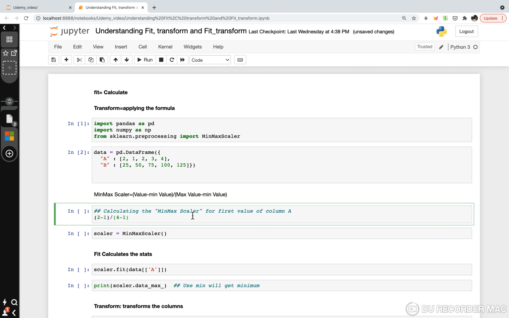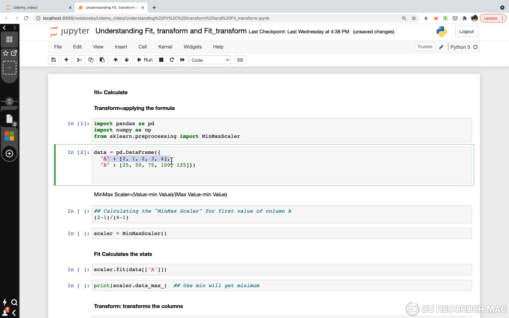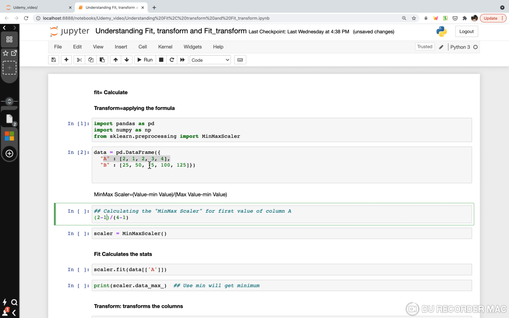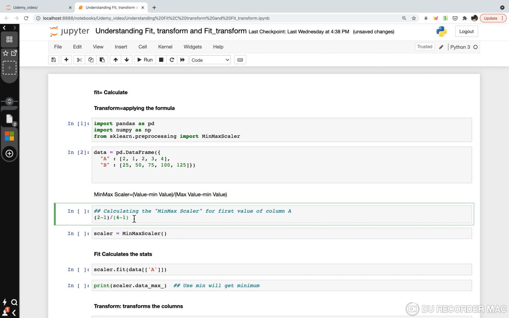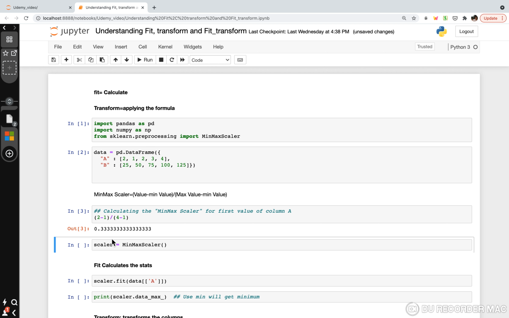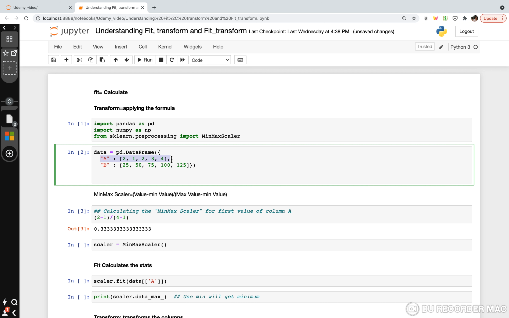For example, if I want to scale this particular column, the first value, which is 2, after scaling: the minimum value of this column A is 1, the maximum value is 4, and the minimum value is again 1. So if you do this, you find that it is 0.33 for the first value of column A.